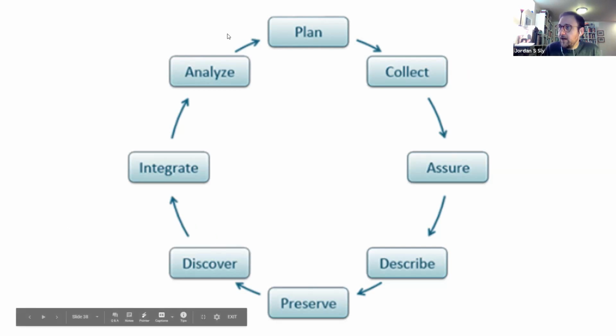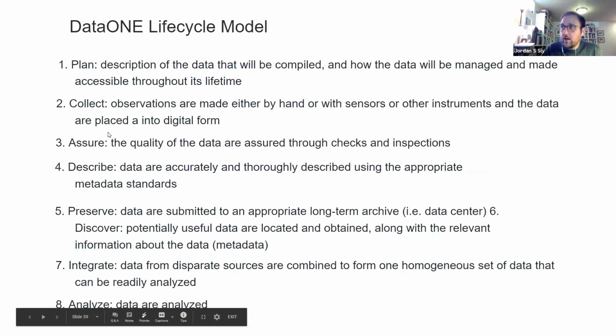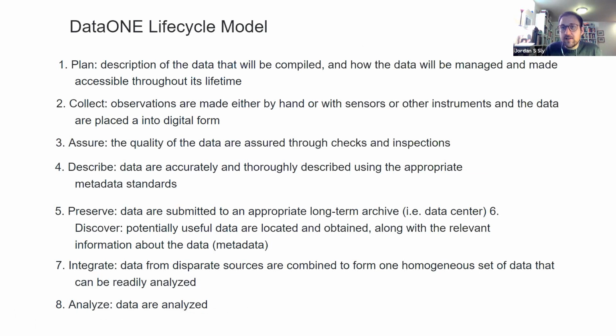So this is an example of a chart indicating the data lifecycle model. And it's important, I think, even just as a basic principle, to think of data within this larger life cycle. So we talked very early about the planning for collection of data, and then the use of the data, the management and storage of the data using tidy data principles, and then the basic methods of storage and management, and at least some things to think about. But thinking about data as a full life cycle is one of the important shifts in how to work with data. So this is again an example, and no one plan will fit your exact needs.